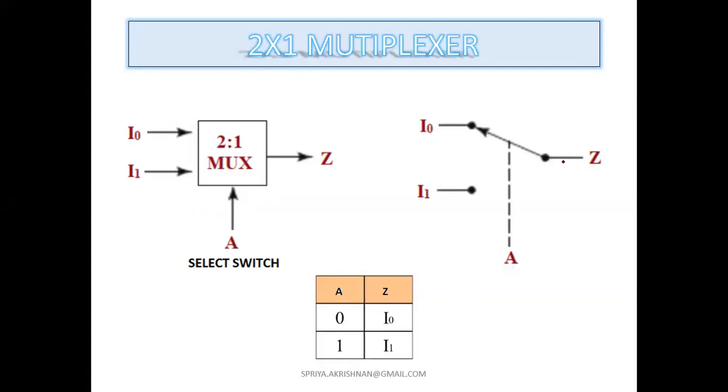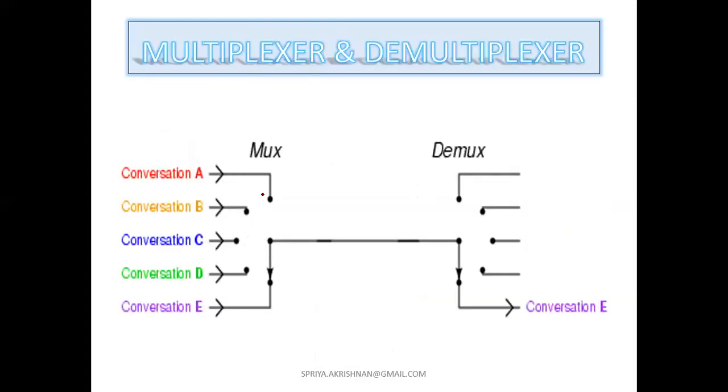So this is like I'm selecting what I want to communicate. If my switch is at place A, I'm selecting A, I'm giving the chance to the A person. In TV we see quiz programs, no? If someone presses the button, they give the chance to the A team, B team, like that. So it is similar to that. If the switch is in A position, the chance is given to A, and they can talk.